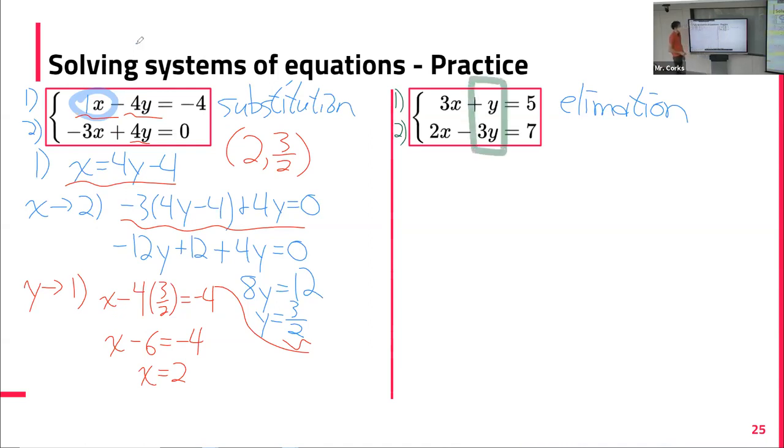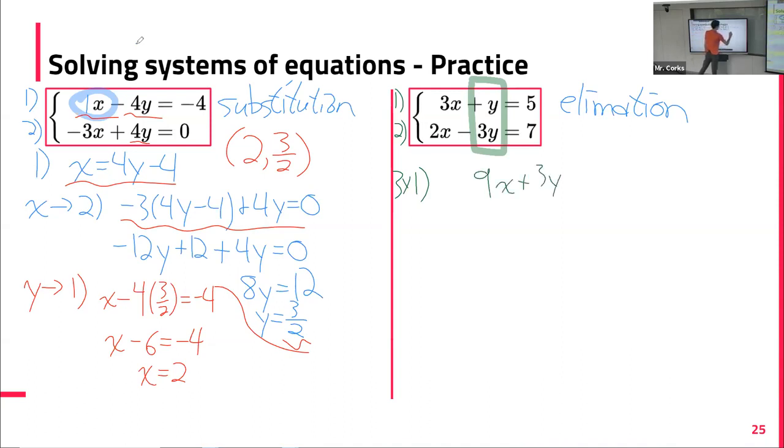Because in the second one, we don't have to multiply or divide. Okay, so we would not need to multiply the second equation. So we can just multiply the first one. We can make the coefficients line up. So equation 1 times what? 3. Okay, so 3 times equation 1, which will give us